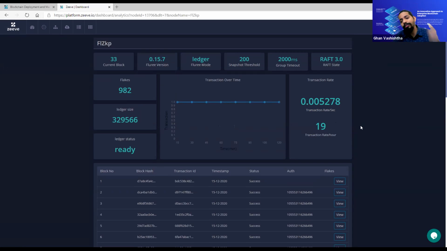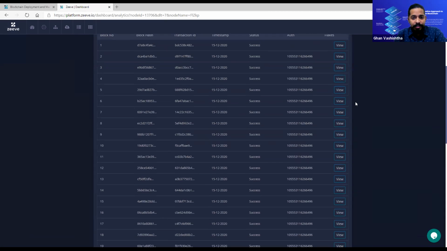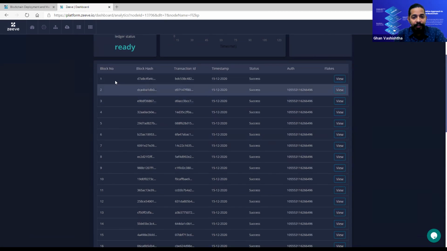So this is interesting. This is not throughput. This is the rate at which your network is currently operating or doing transactions. So you're doing 19 transactions per hour. This is what it tells me. And there's a graph against it as well, which I can further see. Beyond this, you can see different details, different blocks which have been created so far, their hash, transaction